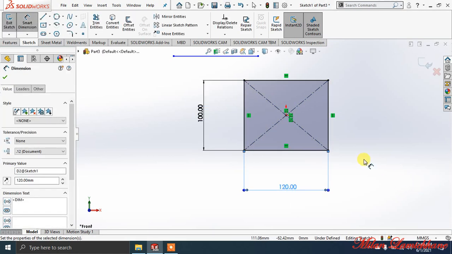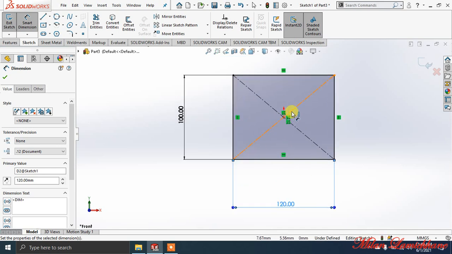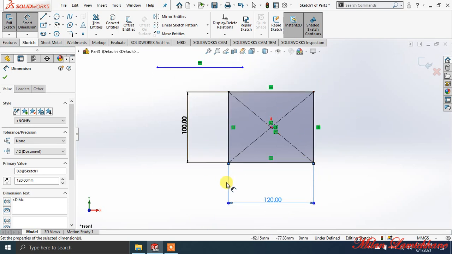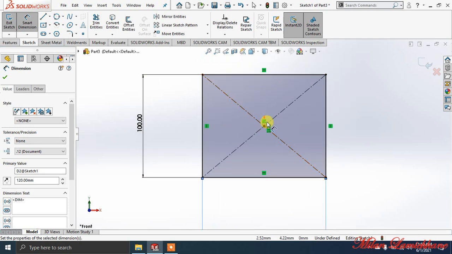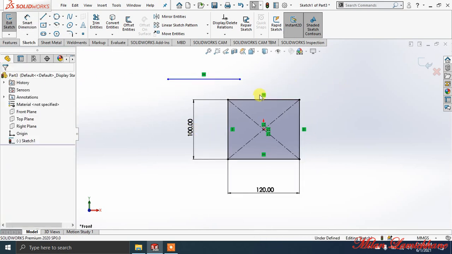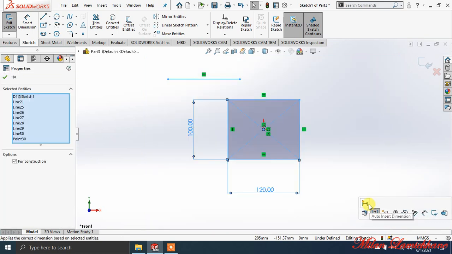Okay, no problem. You can see this is a vertical constraint, and these are horizontal constraints, like these are horizontal and these are vertical. And look, this one is coincident, because of the diagonal of the rectangle, the coincident constraint is also activated here. If you don't need this constraint, you can select this point and directly delete it, and it will be gone. You can remove the constraint anytime. Click on OK. Now this is center rectangle.